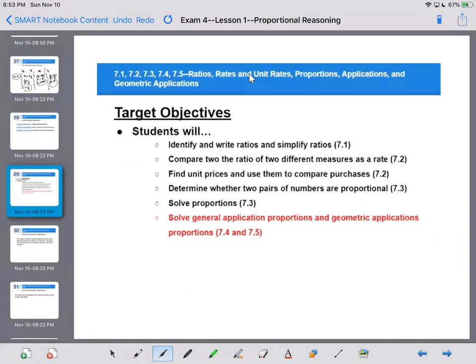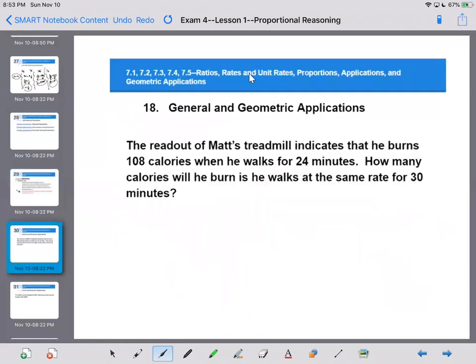Lastly, we're looking at applications. So we're going to look at some proportions, some geometry, and work in how proportions will work with our geometry application. So the readout on Matt's treadmill indicates that he burns 108